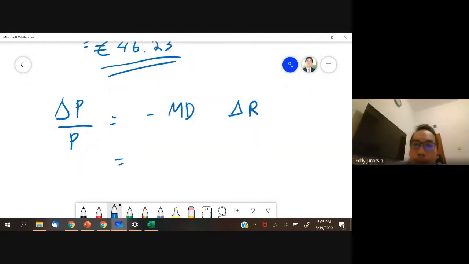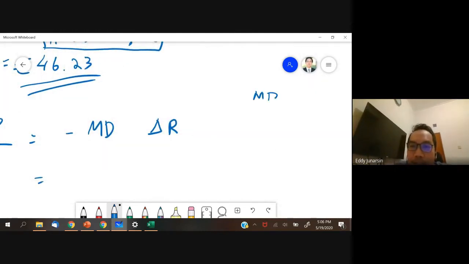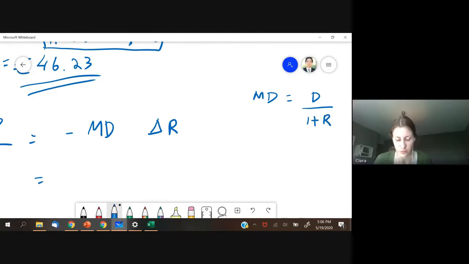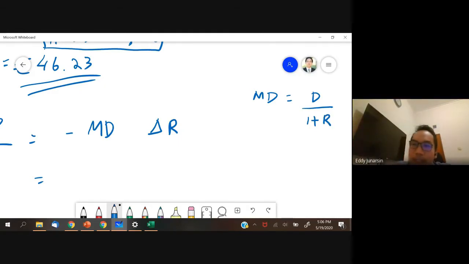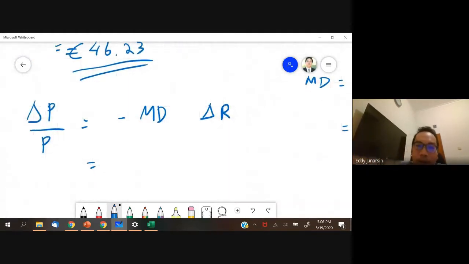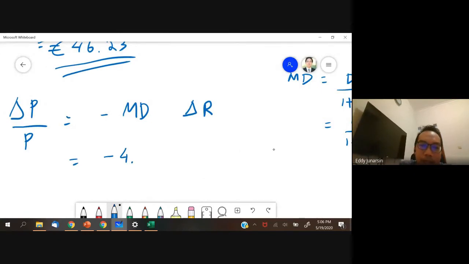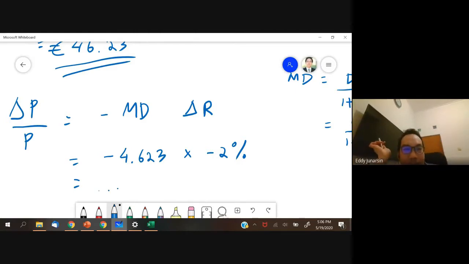Oh, that's right. Modified duration is the duration divided by 1 plus the original interest rate. Yes. So not the change in interest rate, but the original interest rate. Yeah. So in our case, what is it again? 4.99 divided by 1 plus 8%, is it? Original interest rate, yeah. Original market rate. So you include this minus 4.623, and if you're concerned about a decreasing interest rate by 2%, then you can estimate how much percent